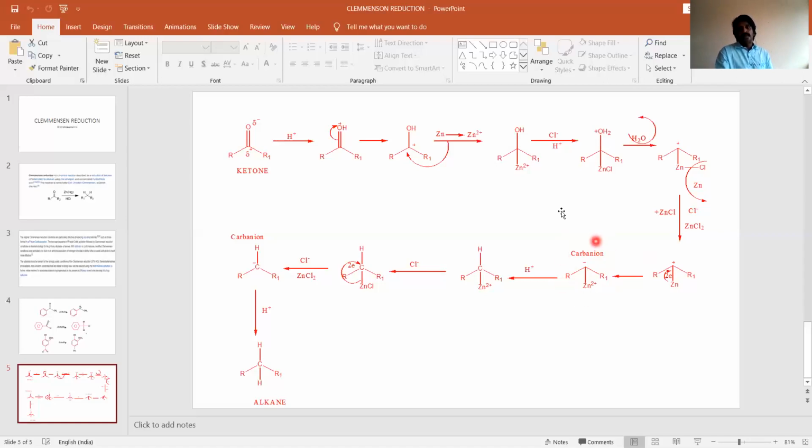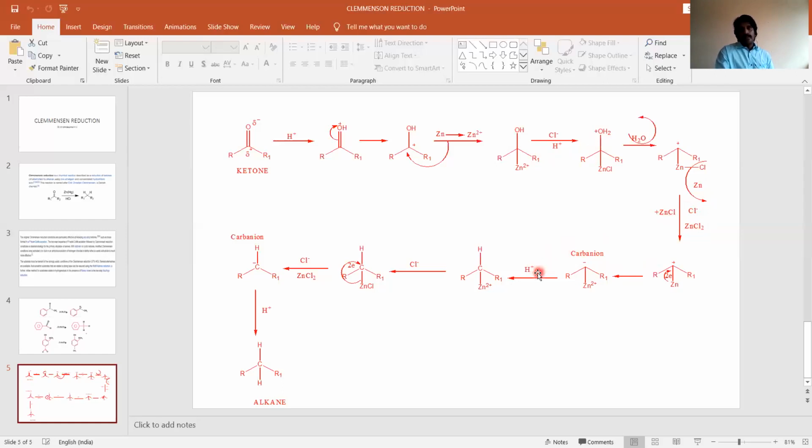So far we have used 2 molecules of HCl. One molecule was used here, and the Cl eliminated here joined over here along with Zn. The second molecule of HCl was used here, H plus added over oxygen, and the Cl left with this H joined with this ZnCl to form ZnCl2. So 2 moles of HCl have been completely used, and we got a carbanion. Our first step is completed, because we have to add 2 hydrogen atoms, in the form of protons.